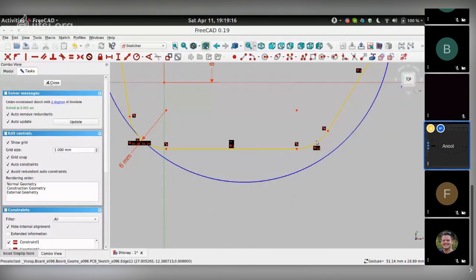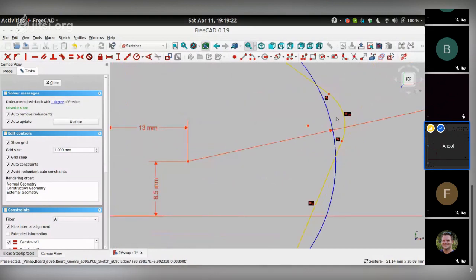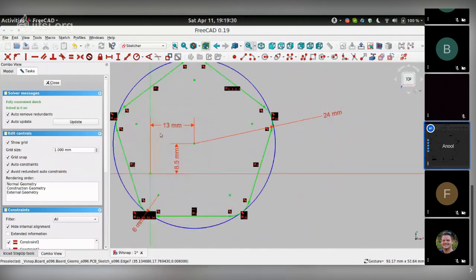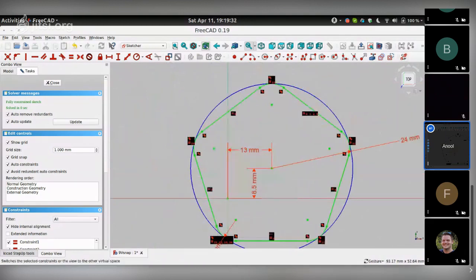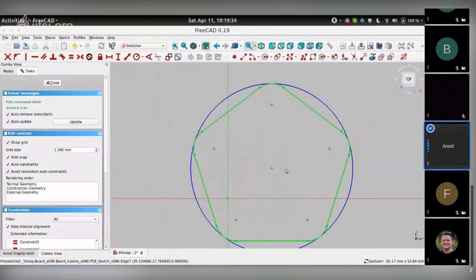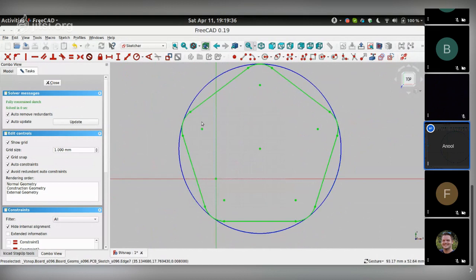This one tangential here. 4. And last one over here. Make this tangential to this. There you go. So we now have a constrained circle, pentagon, enclosed within a circle with the enclosing circle having